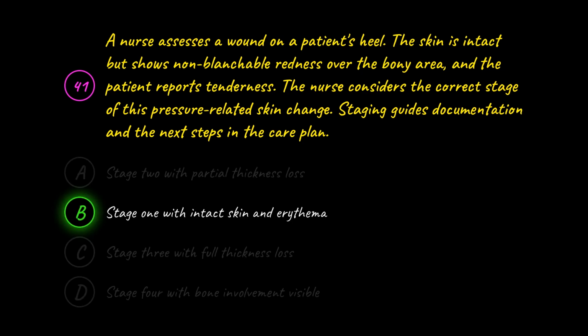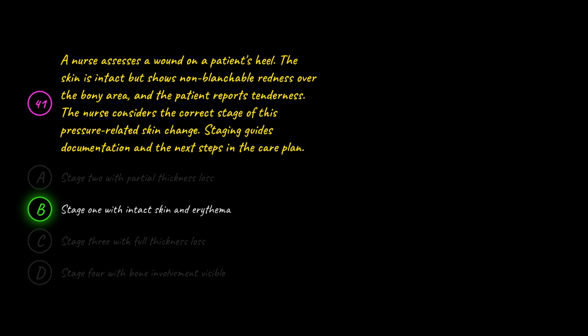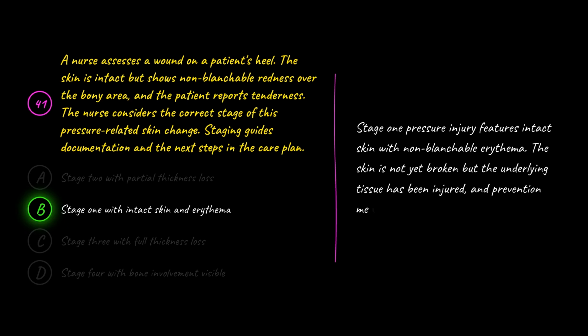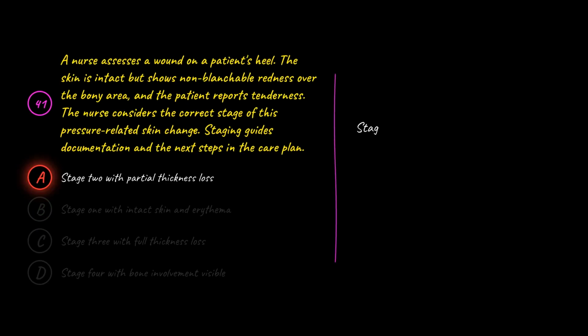The correct answer is B. Stage 1 with intact skin and erythema. B is correct because stage 1 pressure injury features intact skin with non-blanchable erythema. The skin is not yet broken, but the underlying tissue has been injured, and prevention measures must be intensified to stop further damage. A is wrong because stage 2 involves partial thickness skin loss with a shallow open wound or